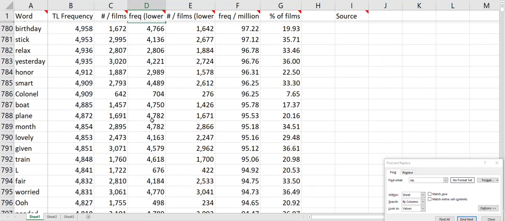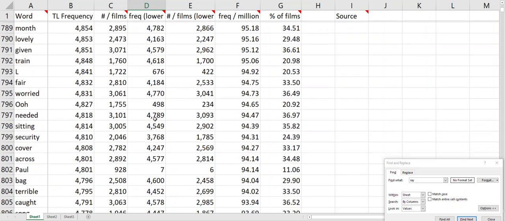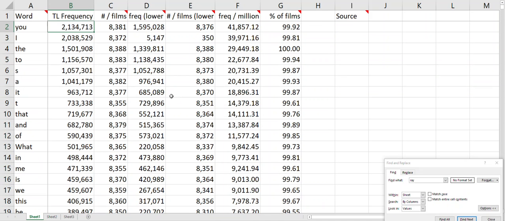That's the usefulness of seeing whether this is capitalized or not. For the most part, it's going to be pretty clear. For example, Paul is very obviously a proper noun. You can see that it does occur in lowercase 7 times. I wonder if that's actually a typo, probably when the person typing the subtitle accidentally didn't capitalize Paul 7 times. All right, if we go back up to the top,